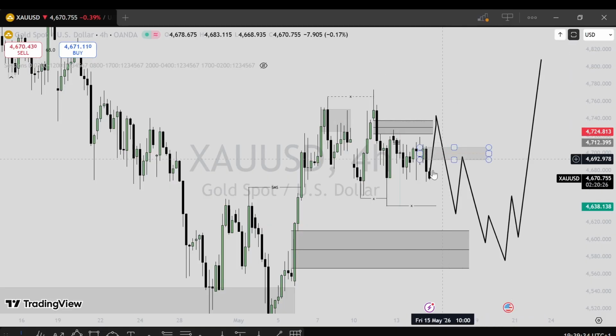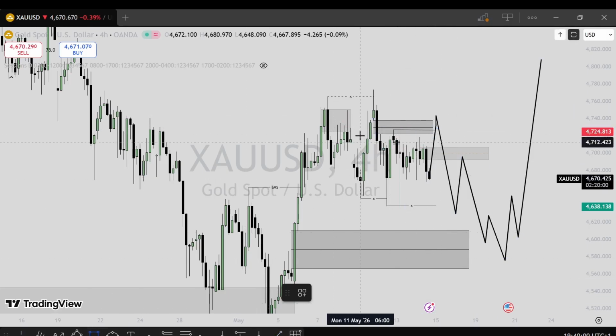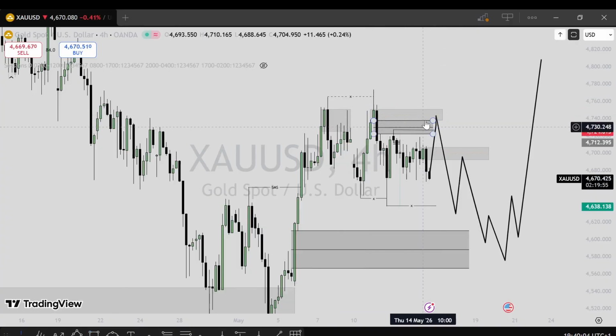Okay, so if you look at what I actually did here, my mappings here, I am anticipating that price might come to this point, grab this liquidity that is in this particular place. I have to draw it down. So price might grab this liquidity here, thereby tapping into this order block as well. So we're going to be having something like a Judas swing here. Filling this FVG properly and tapping into this order block, then displacing to the downside, resulting towards a break